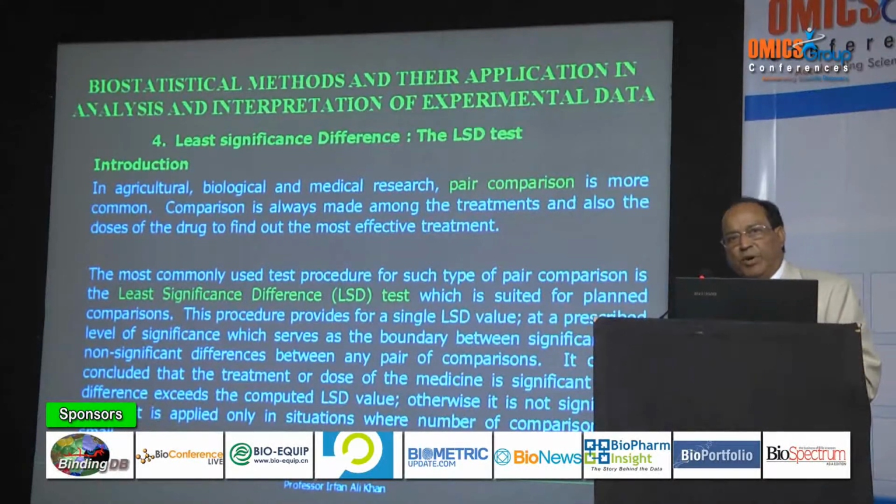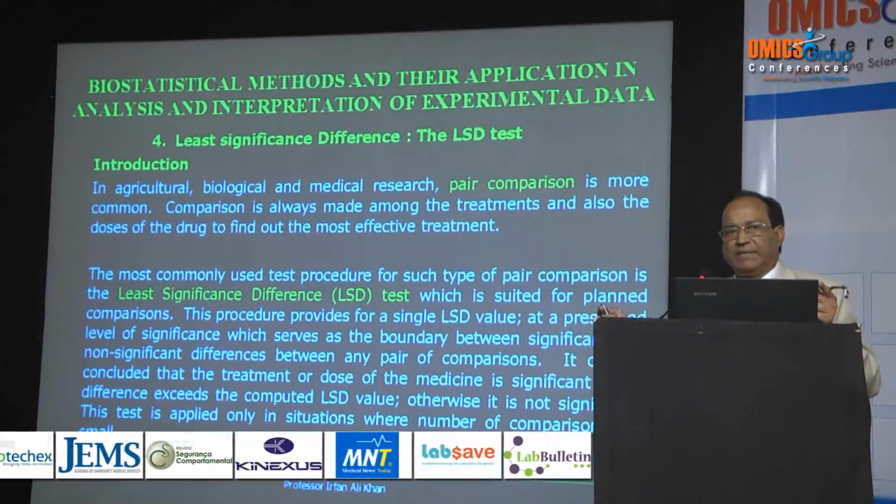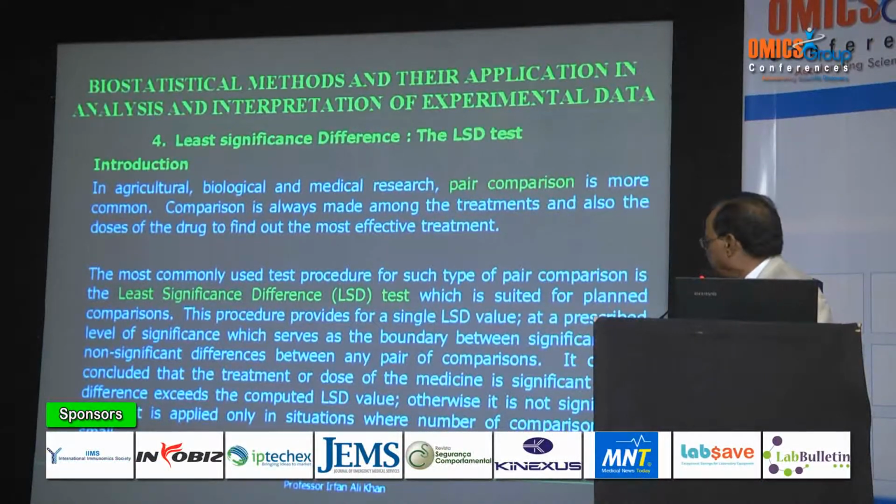This is the most important part for any type of calculation: control and treatment, treatment 1, treatment 2, because most of my friends were talking about more treatments. So this type of calculation is very important, known as least significant difference. If I am not wrong, for the first time we have given this part of the problem, this least significant difference, and many problems in our book,